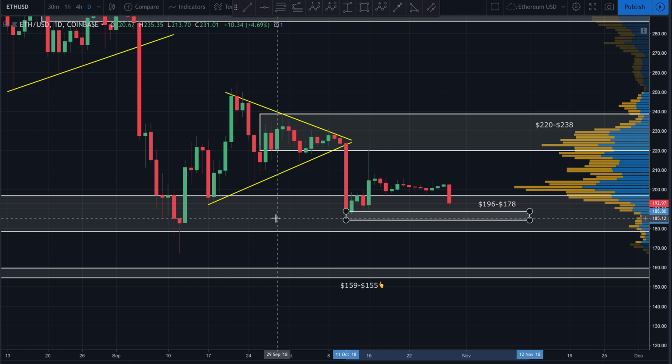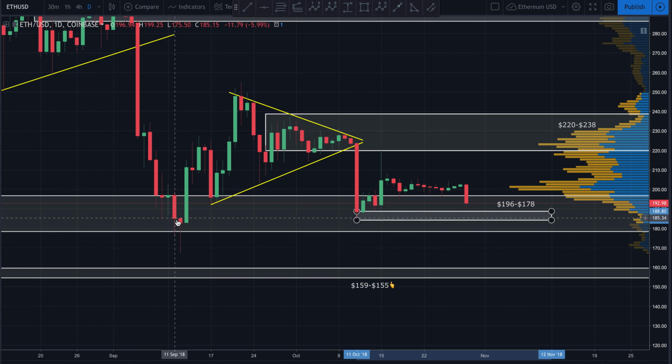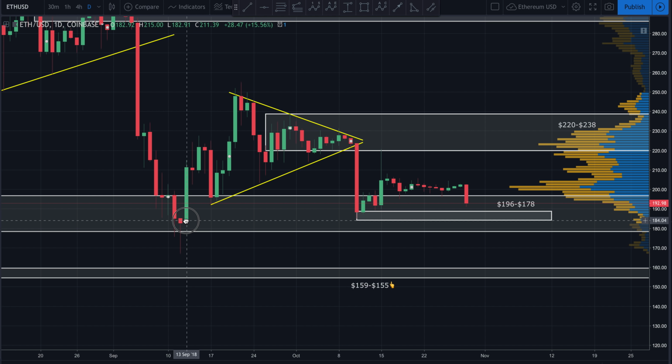And this is what I'm looking for, guys. I want to see if we do end up breaking below this zone, or this microstructure right here. So if we do break 184, I want to see something like this. As I was telling you guys, this is called a hanging man. This is basically when price comes down, we get a very strong wick, the bulls push it right back up, it doesn't sit down here, it doesn't consolidate, and then we have follow through the next day, the nice bullish engulfing candle.